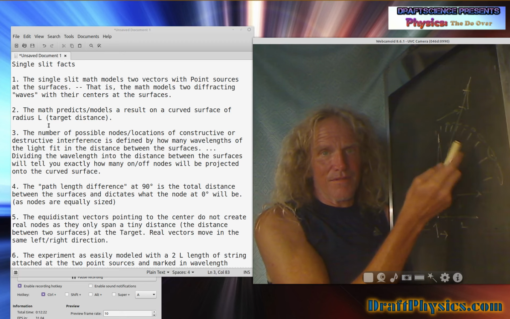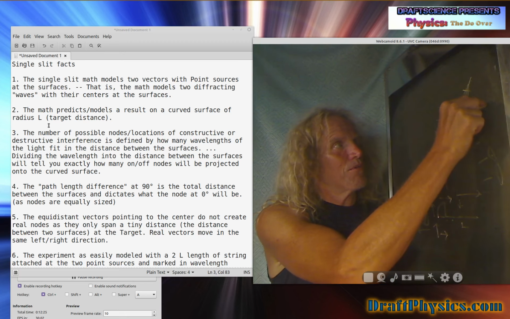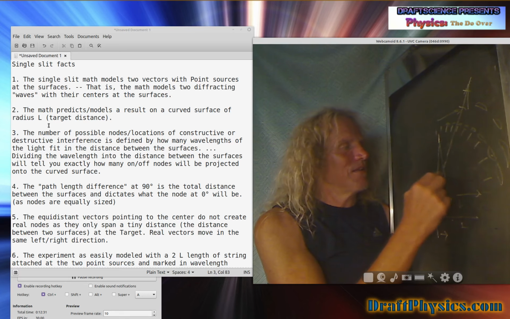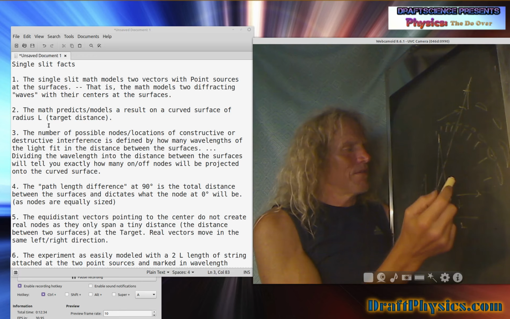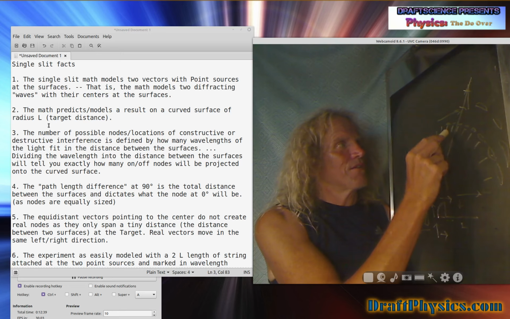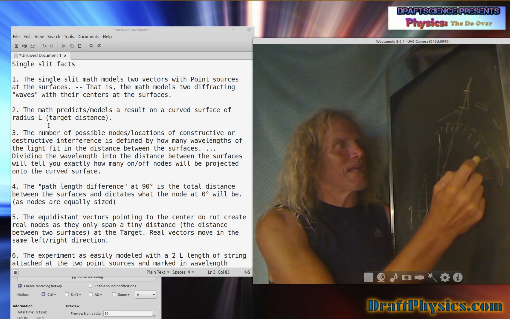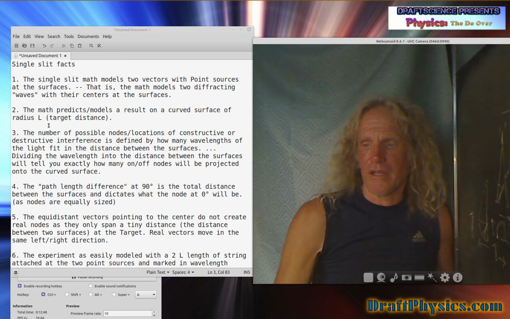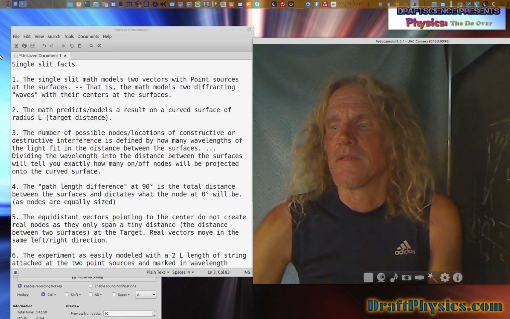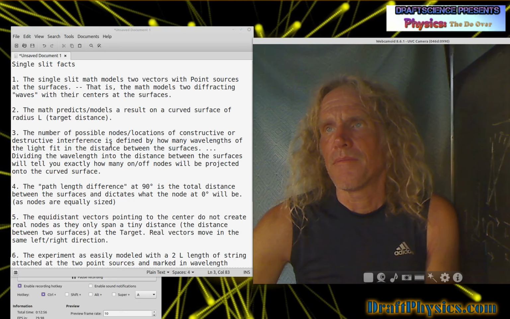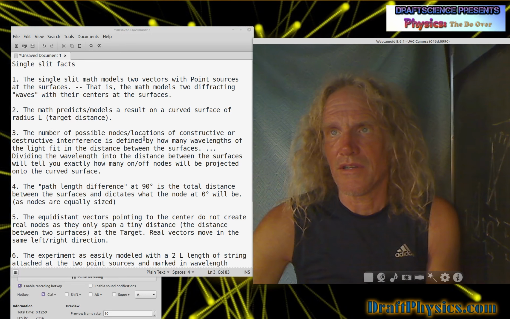You're going to get the sizes of the nodes wrong and everything else, because the further out you go, the more they're enlarged. So you won't get the positions right unless you're just using an angle. So unless you're doing a specific kind of math dependent on angles, you're not going to be able to get the right answer by changing the L distance, the distance from the target. So, yeah. Alright, the number of possible nodes, locations of constructive or destructive interference, is defined by how many wavelengths of